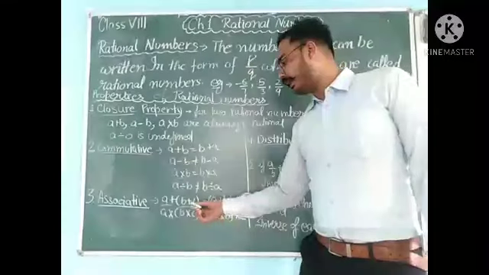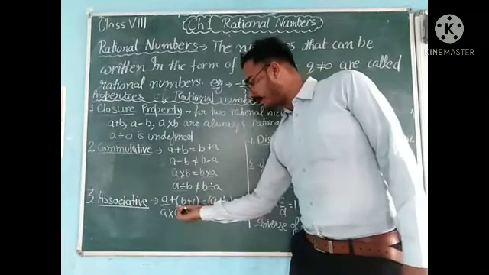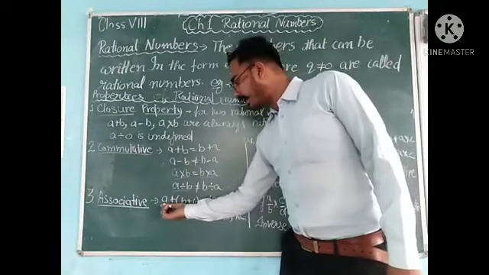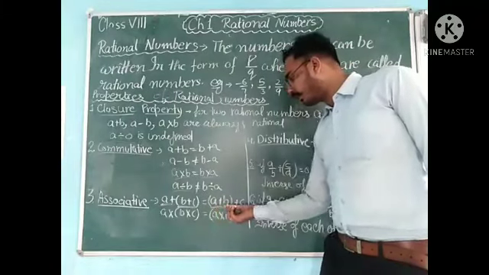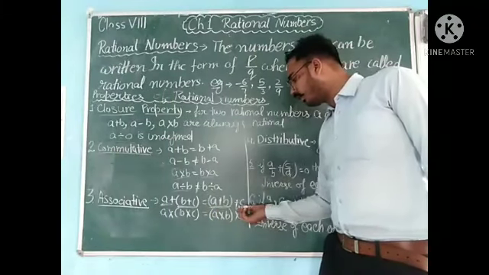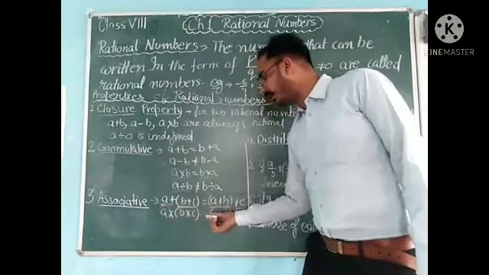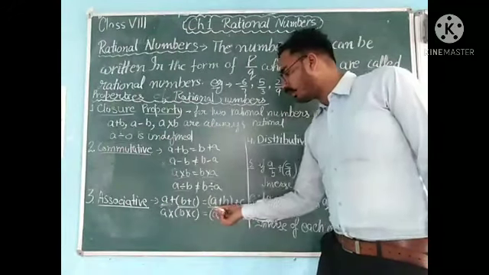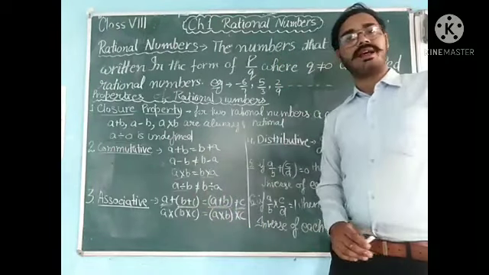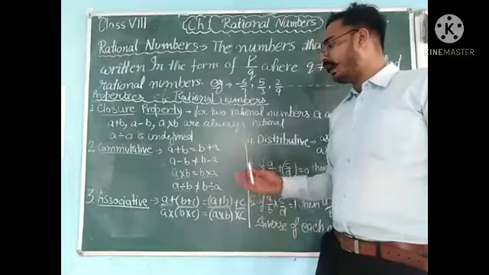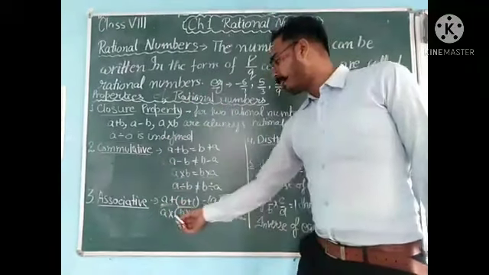I am going to explain it again. Firstly, we are adding the last two numbers and then we add the first number, or else what we do is, we add the first two numbers first and the last one later. One time we added the last two first and the first one later, the other time we added the first two first and then added the last one. In both cases the answer will be the same. That means under addition rationals are associative.